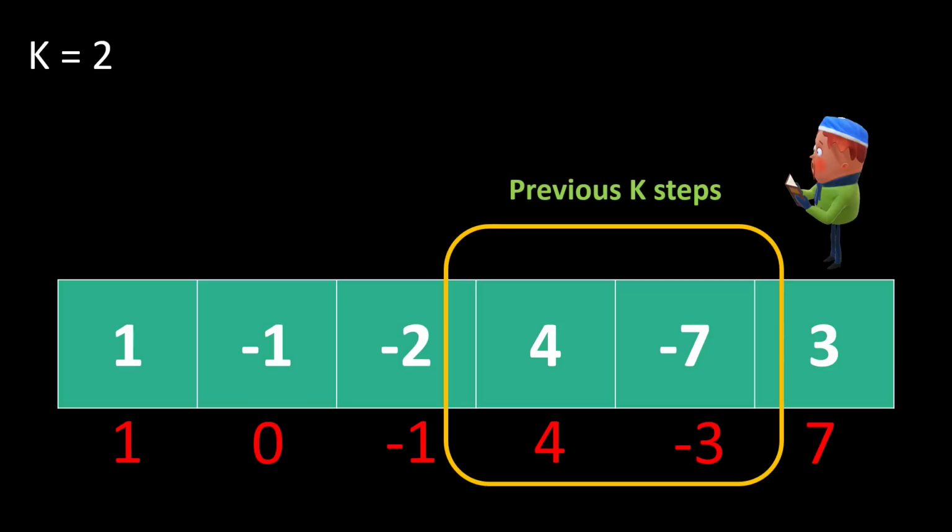So if I were to ask you which value, within these k steps, you will choose in order to make the maximum sum at the last index, you will clearly choose the maximum of the two values, because the 3 is a constant value that will be added to whatever maximum we can find from the previous k steps. In this case, 4.